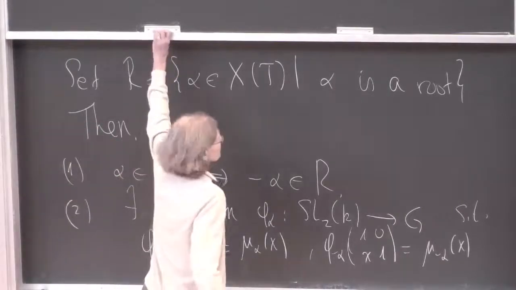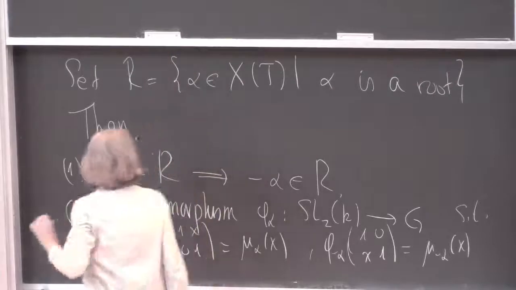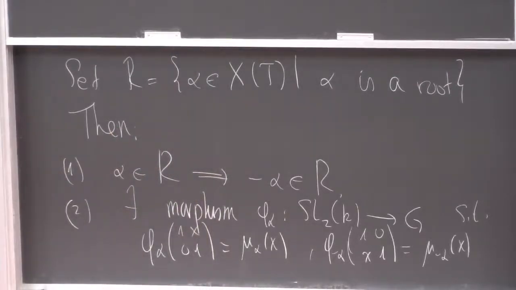Okay, so that's nice. All right, so for each root, I have two root groups, and when I look at the group that they generate, that's an image of an SL2. Number 3. For alpha a root,